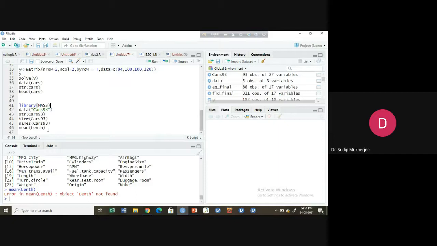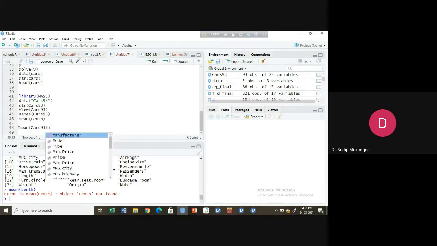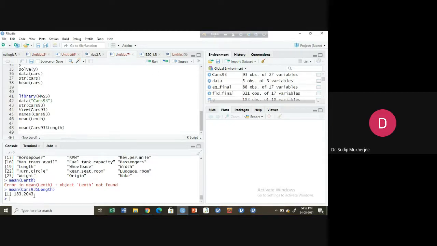For this error, how do you overcome it? Two ways. One is you can write like this: mean, Cars93 dollar Length. That means we are specifying Length from this dataset. We are trying to calculate the mean of the Length variable of which dataset? The Cars93 dataset. So if we run this, this is the value. Or another way is